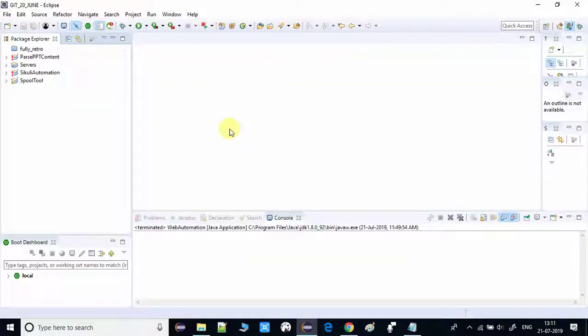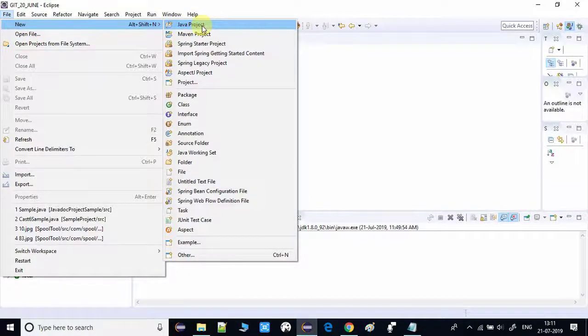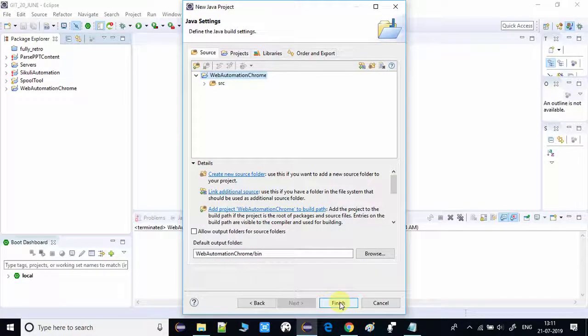Okay, now we are going inside Eclipse. So inside Eclipse, guys, we will create a simple Java project as it was mentioned in step 2. So I have created a simple Java project. I am giving a simple name, Web Automation Chrome, and click on next and click on finish. So you can see on the left hand side in the package explorer the project Web Automation is